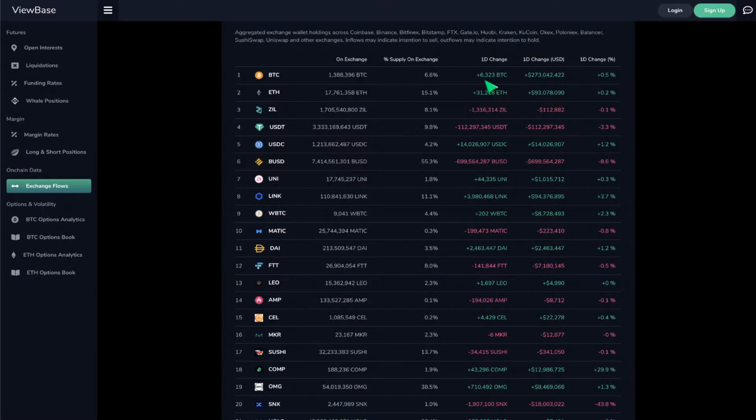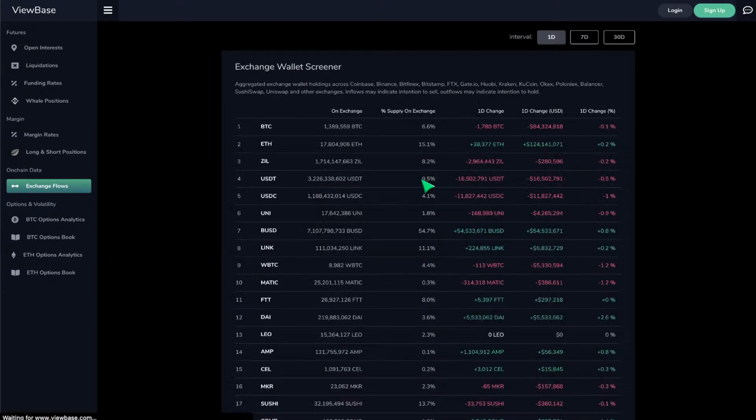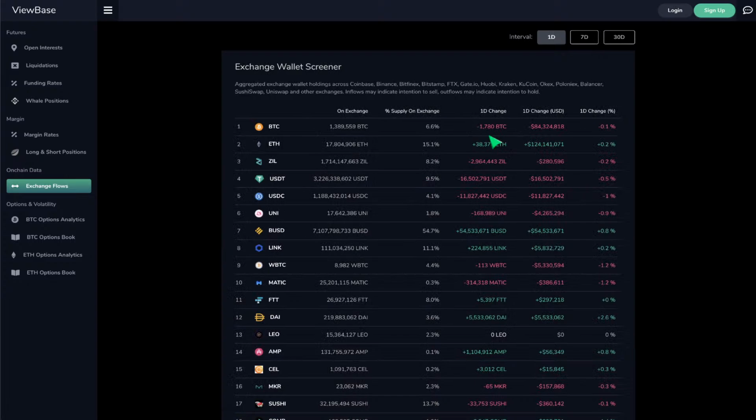Remember yesterday we had 6,000 BTC go into the market. Let's have a look and see what happened today. We've got 1,700 leaving the exchanges, which is always a good sign to see, right? When we do see Ethereum, it's a bit confusing because they could be going in for staking and whatnot. So it's really hard to read Ethereum, but BTC we do have. This is a good indication whenever we see BTC leaving exchanges. That's causing a supply shortage, which is really awesome to see.